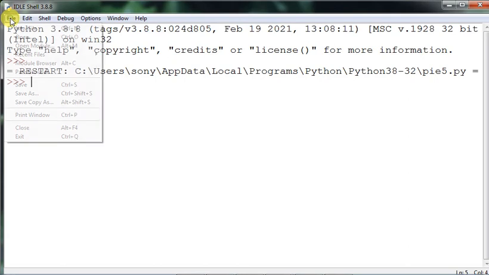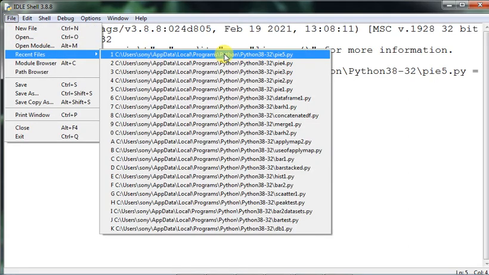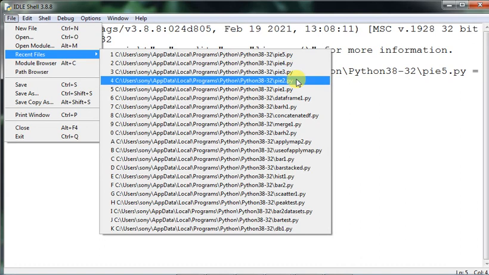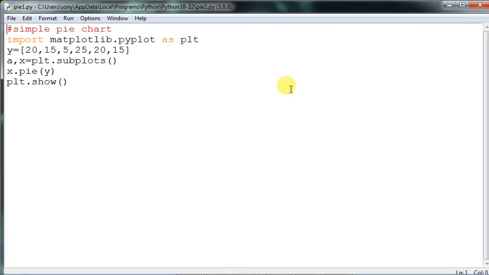So let us see one program first, then you will be able to understand how to write pie chart programs. First of all, I am showing you a very simple pie chart. Here, import matplotlib.pyplot has already been taken as plt. You have to employ this, and plt.show. These two commands are important because without them the program cannot be initiated. One thing you need to remember is that whatever data values you take should not exceed 100.